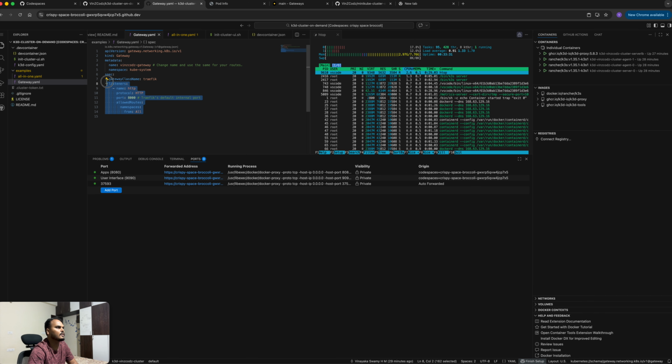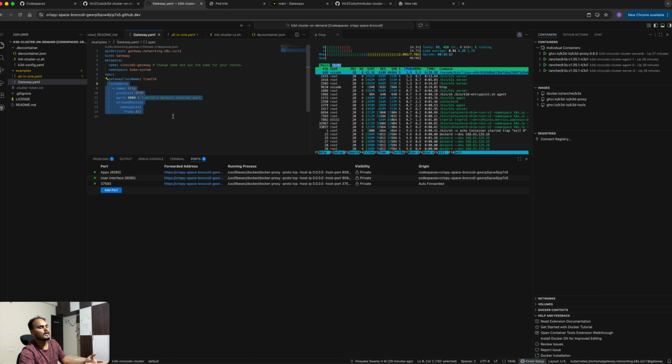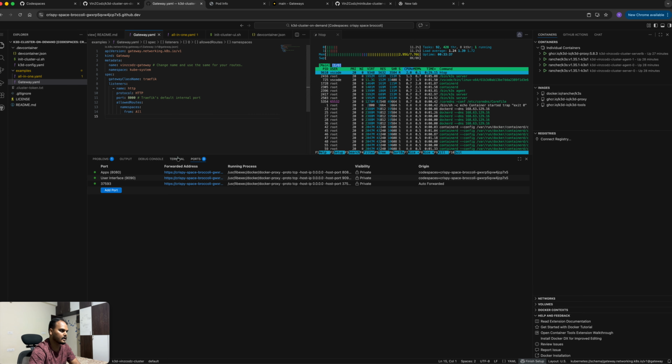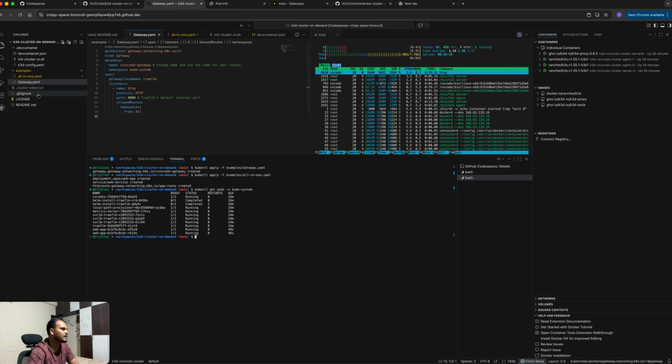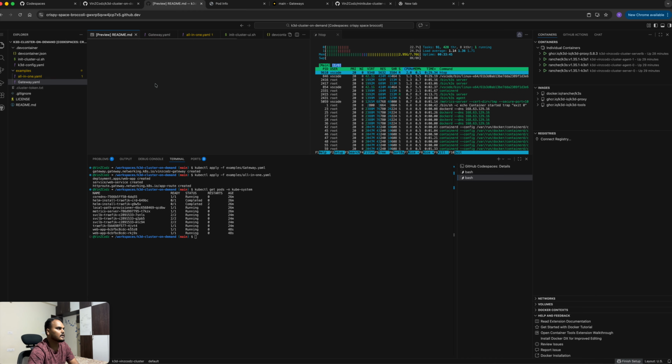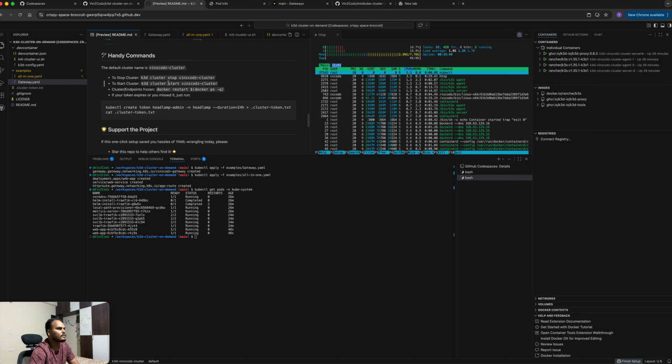You can have any number of listeners that you want. You can create n number of routes, or a catch-all route, whatever route you would like. So for all that, you need port 8080. Let's free up port 8080 by deleting this app. So how do I do it? If you just go here,